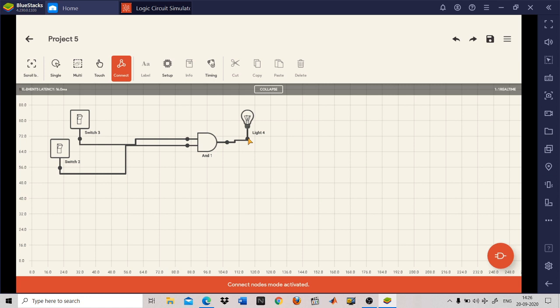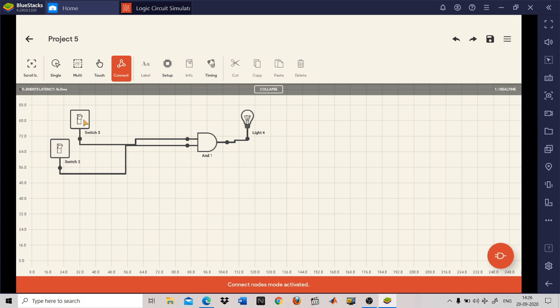Now we'll try to verify the output. So AND gate means what? If both the inputs are 1, only then your output will be 1. So right now everything is off. Off means what? Logic 0. Logic 0 means there is no connection of input to the AND gate. So click here.